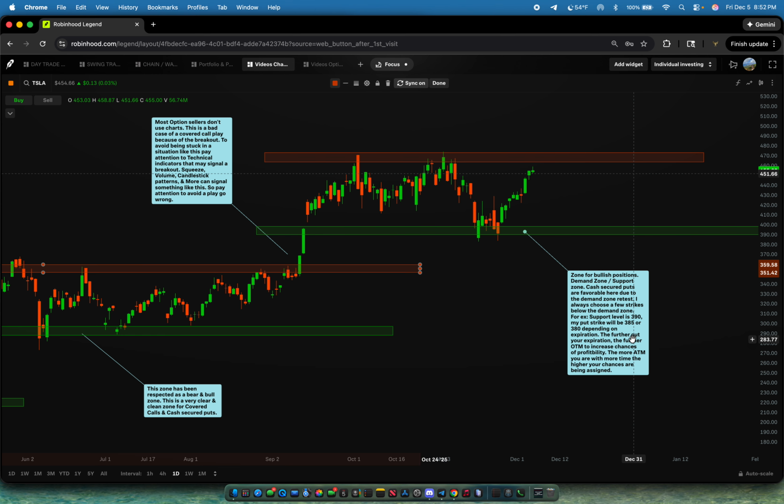The farther out your expiration is, the farther out of the money you should go to increase chances of profitability. The more at the money you are with more time, the higher your chances are of being assigned. So for example, let's say that Tesla will be at 390 again. But if you're giving yourself multiple weeks of expiration and your strike is 385 or 390, you have a much higher chance of being assigned, because all that time you're giving the option buyer all that time to be correct